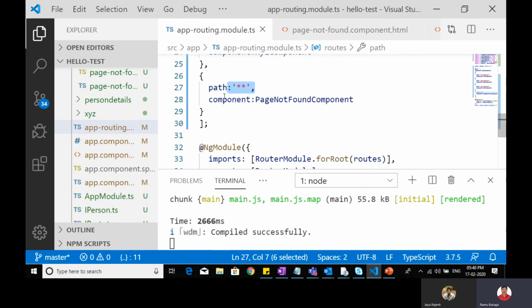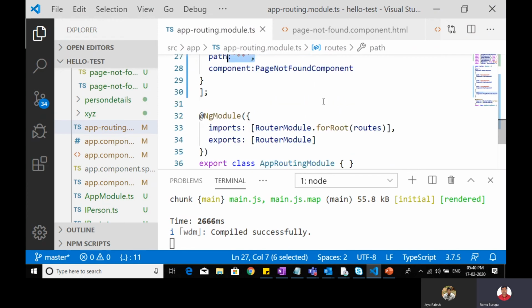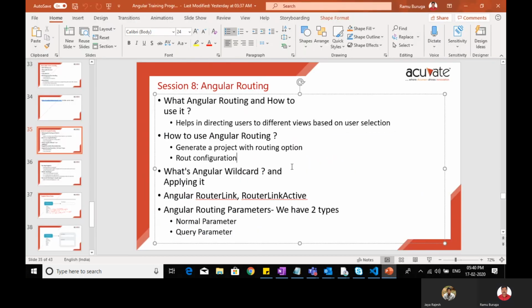Path is the keyword, and here you have to mention that alias name, the double star. That component will be rendered. So that is called wildcard.